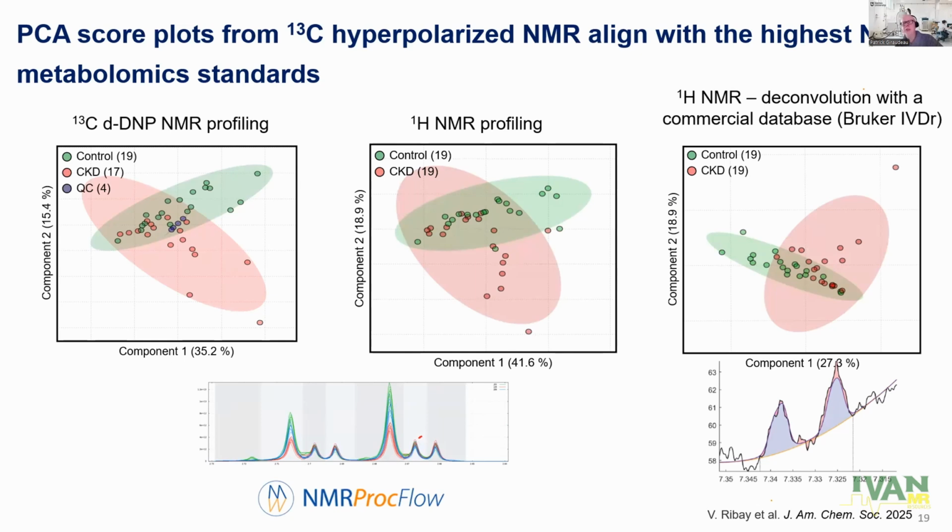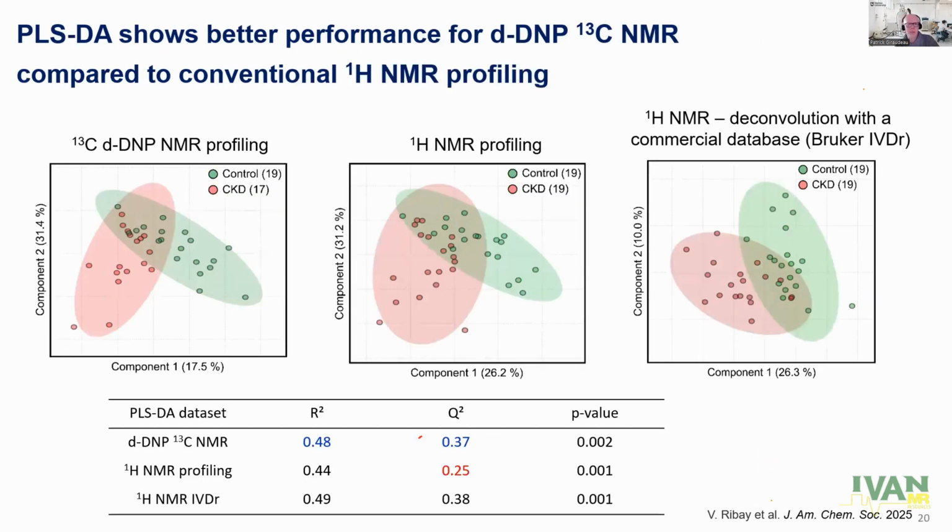And then we also performed supervised analysis in order to try to maximize the separation between groups and find markers of this separation. This is a conventional metabolomics approach. If you're familiar with supervised analysis, you know that the typical tool is PLSDA. And you may know that supervised analysis comes with indicators of the quality of separation: the R square, which is the goodness of the separation, and the Q square, which is the predictive power of the